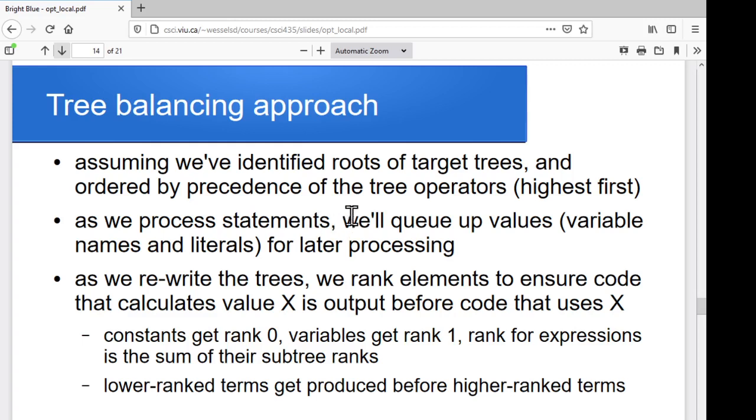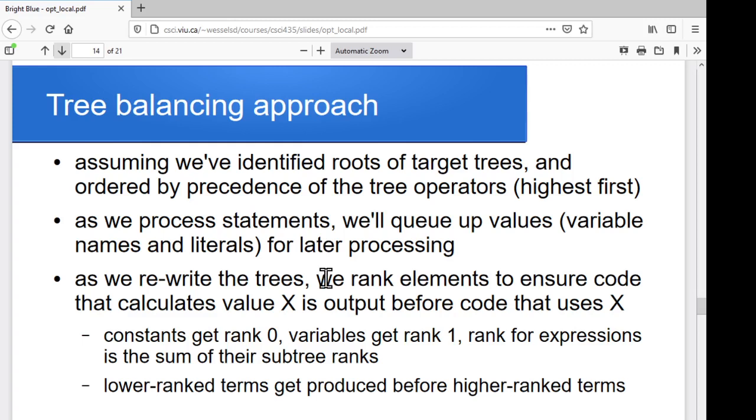So we'll identify that once we've identified the trees, or the roots of these trees, we'll go through and build these lists. And once we've built the lists, we'll go through and rebuild the new trees. And from those trees, we can generate our resulting code, our rewritten code. So what we'll do is, as we're going through this process, we want to identify things that we need to